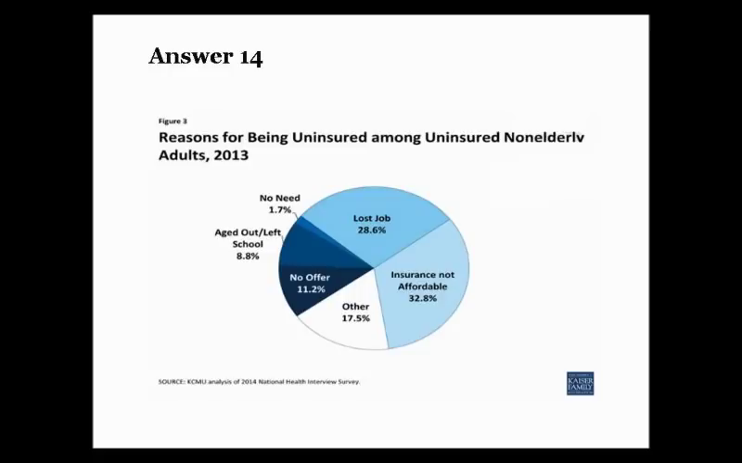The pie chart gives information about the reasons for being uninsured among uninsured non-elderly adults in 2003. To begin with, we can see that there are categories in comparison, which are lost job, insurance, no need, and so on. According to the graph, the largest proportion goes to insurance not affordable, with a figure of 32.8%, while